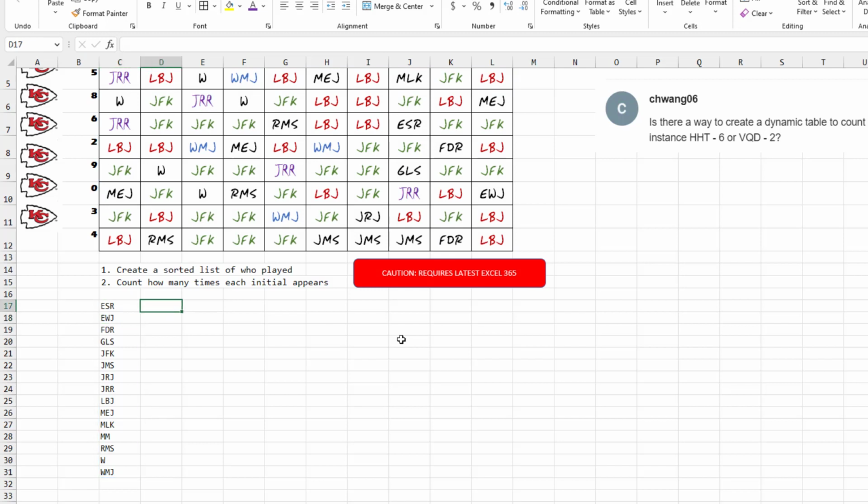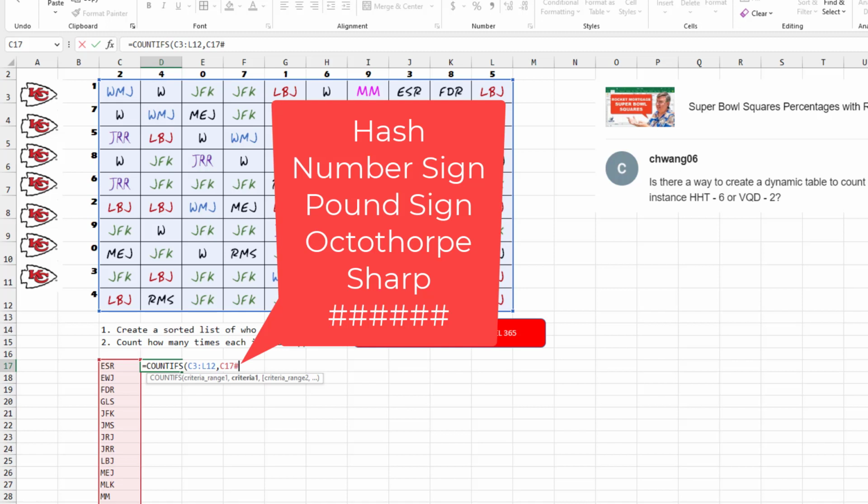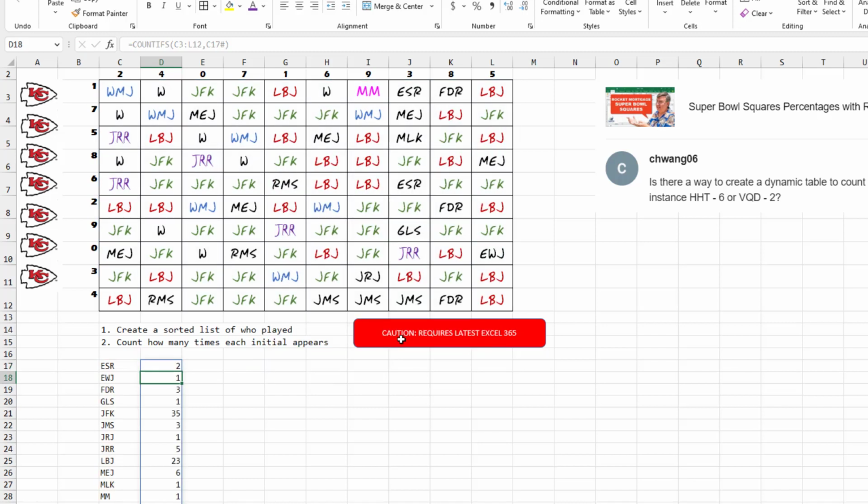And then to count each one, we're going to do COUNTIFS, and we're going to look through the 100 cells. Comma. We don't need to press F4 there to lock it down because we're not copying this formula anywhere. And then for criteria 1, we're actually going to use every cell over here to the left. So point to C17. In my case, yours might be in a different spot. And then type a hash symbol, also known as the number sign, in America the pound sign, the octothorpe, the sharp character, whatever you want to call that. And close paren. And so there we are.